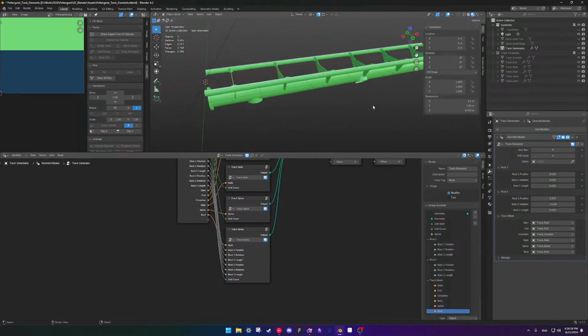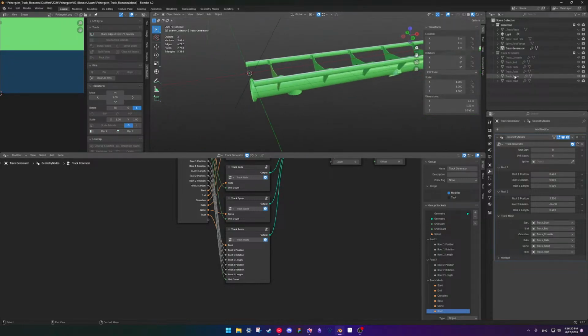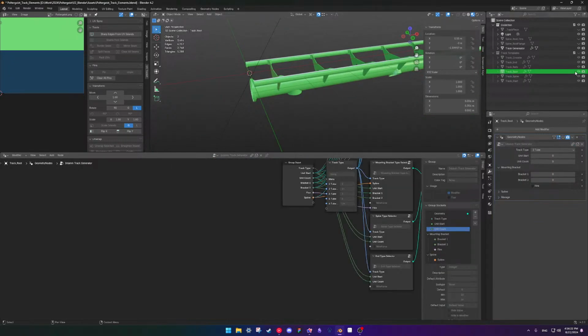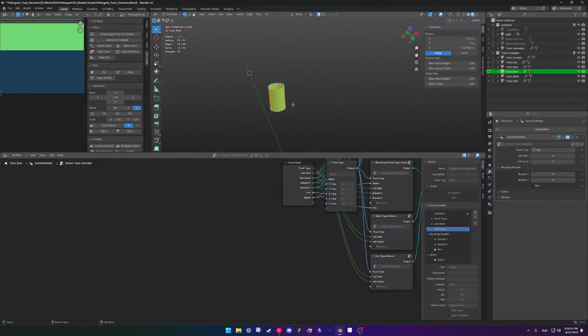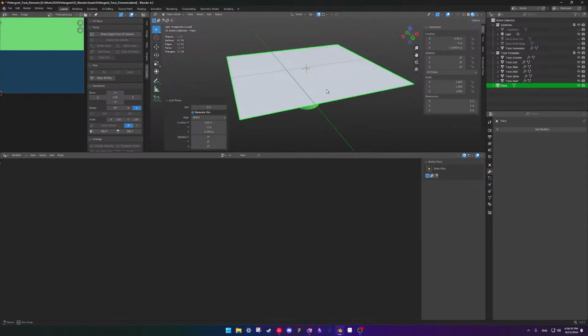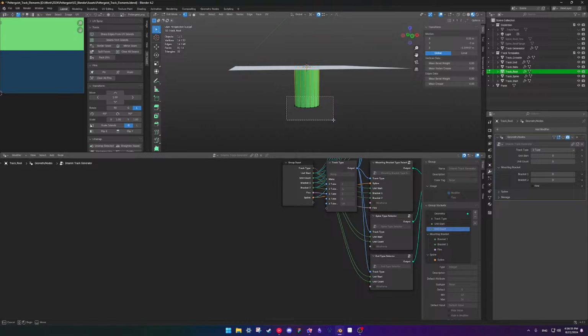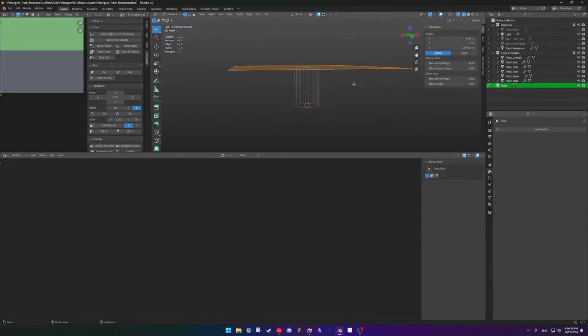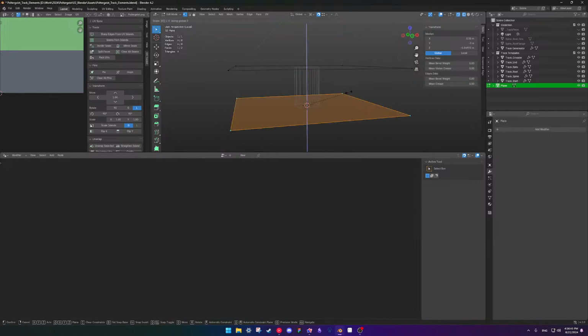What we're gonna do is for track root, here we're gonna make a plane. So here we're gonna duplicate that. Whoops. Scale Z0.